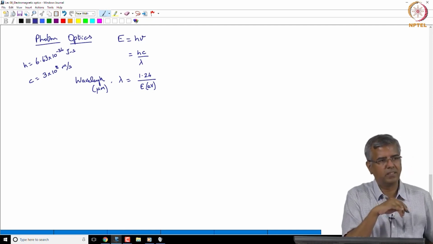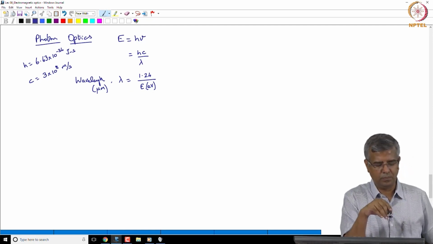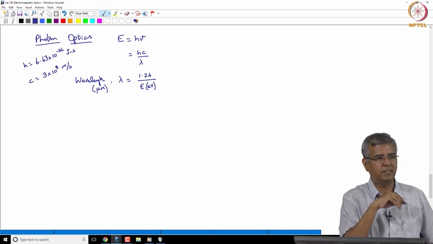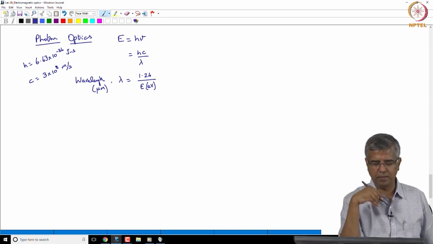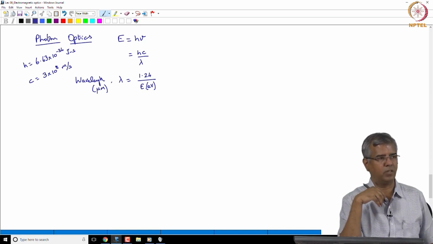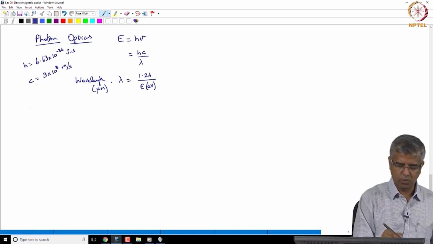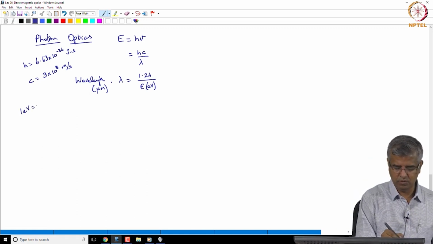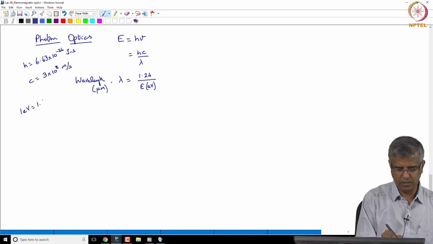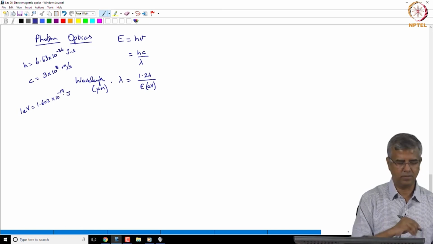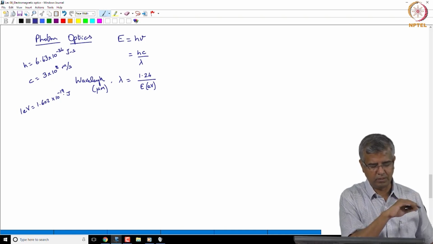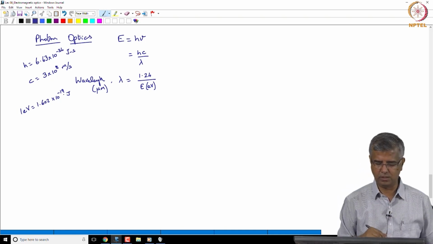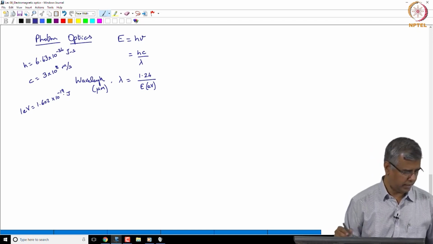So as far as Planck's constant is concerned, we are using a unit of joule seconds, where clearly the energy is expressed in terms of joules, and here we are expressing energy in electron volts. So what does 1 electron volt correspond to? 1.602 into 10 power minus 19 joules, right. So just make sure you are comfortable with these different units. Okay, so let's look at